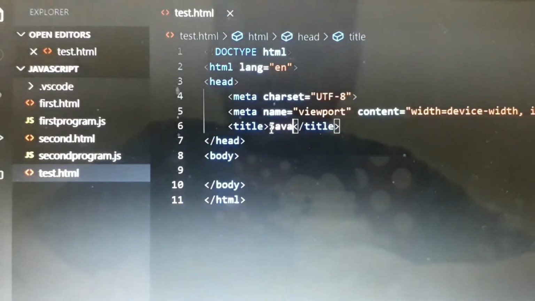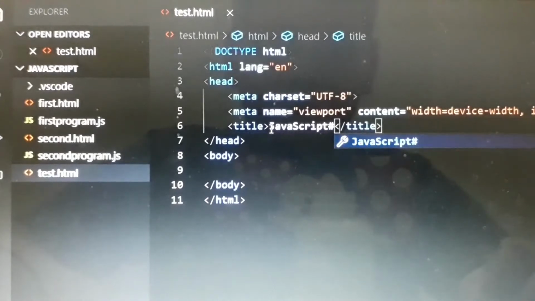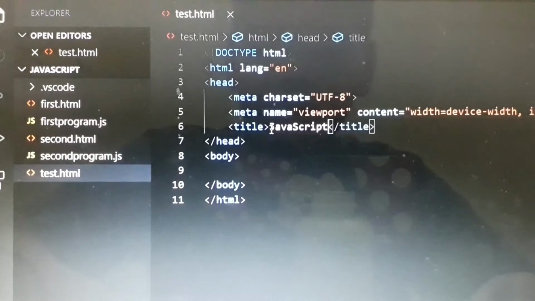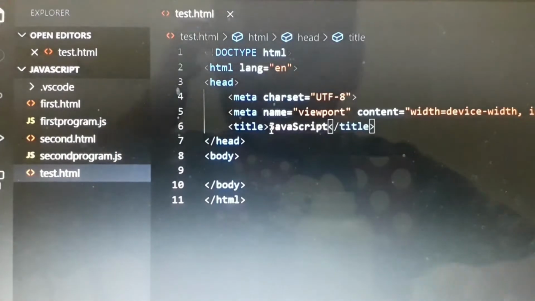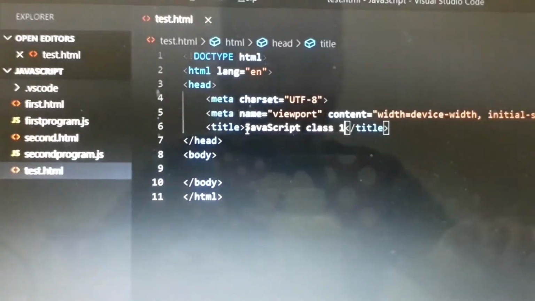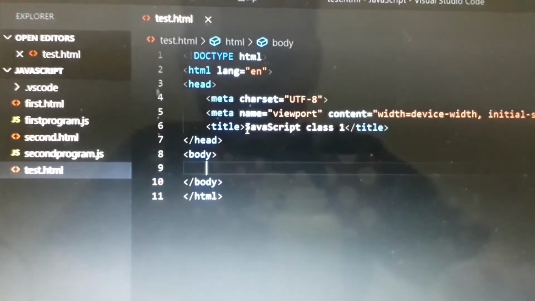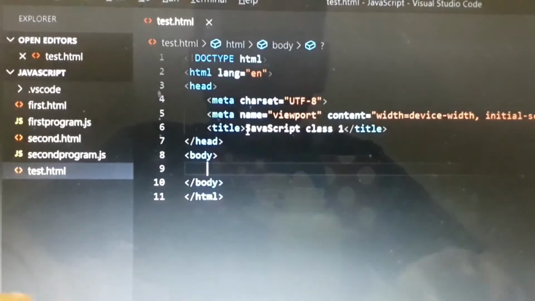JavaScript class 1. And this is the title, and in the body I'll write it fast so you can see.